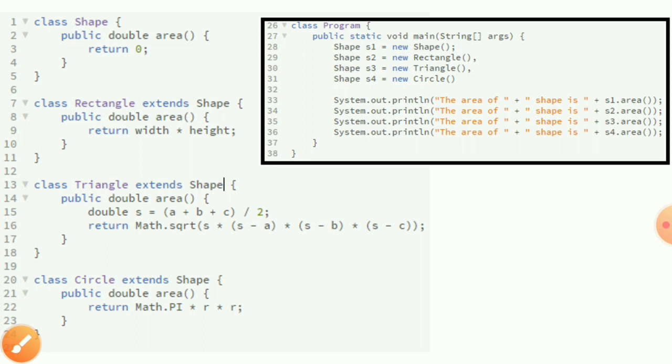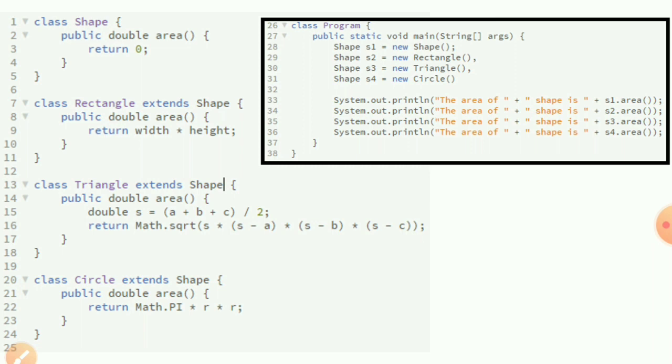Notice the first class, line number 1: I've written class shape, and inside the class shape, I've got a double area function. Area function, because all shapes will have area, isn't it? So I have defined the area function inside the base class.